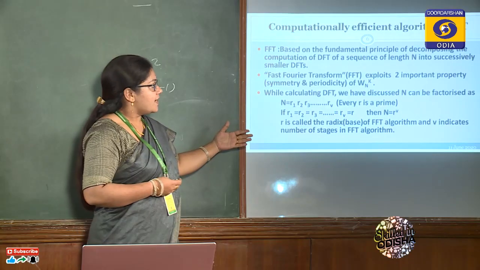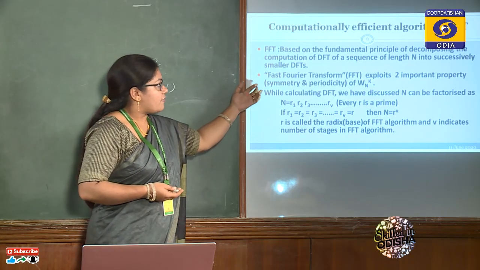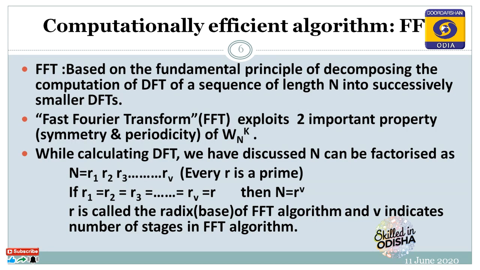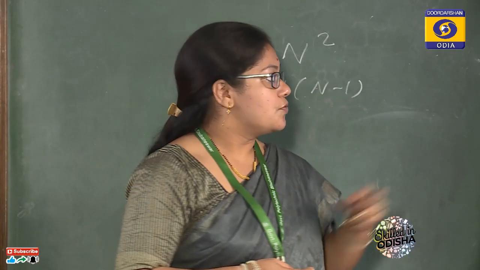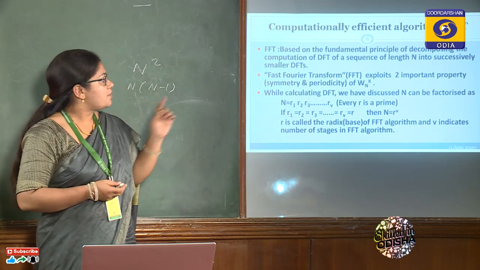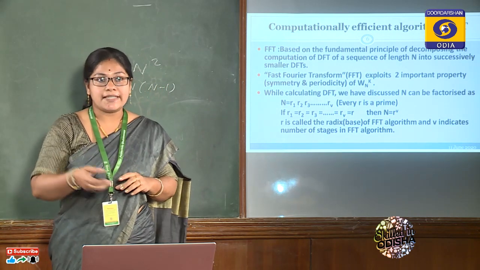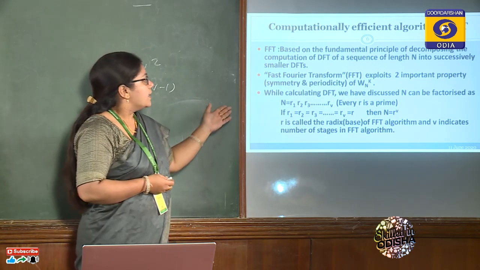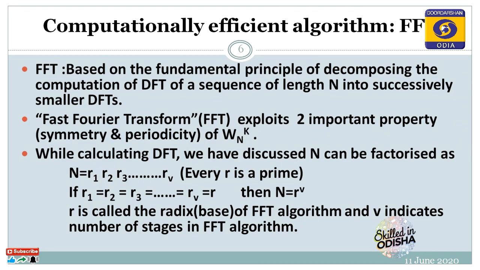So we divide, then we implement. Now the Fast Fourier Transform uses two important properties of W of N that the direct DFT has never used. What are the properties? One property is symmetry and the other property is periodicity. We will be discussing in our next slide what is periodicity and what is symmetry. Now you know that this N is actually the number of points, and that can be any integer.